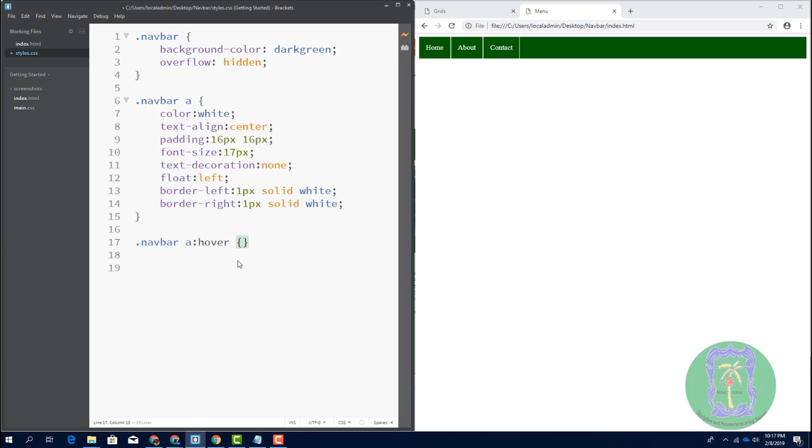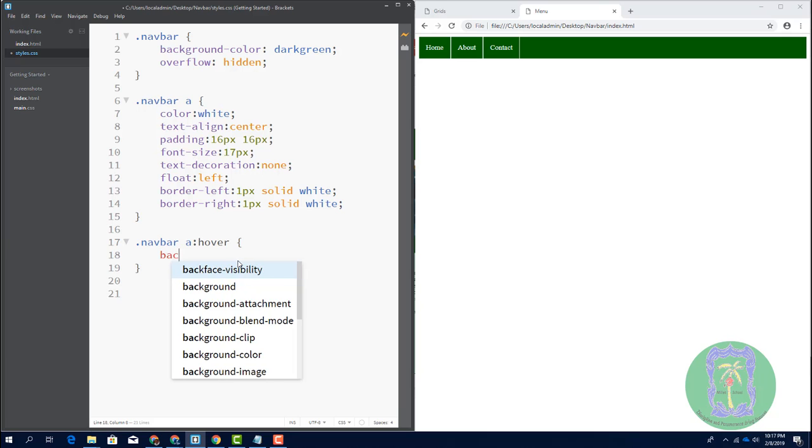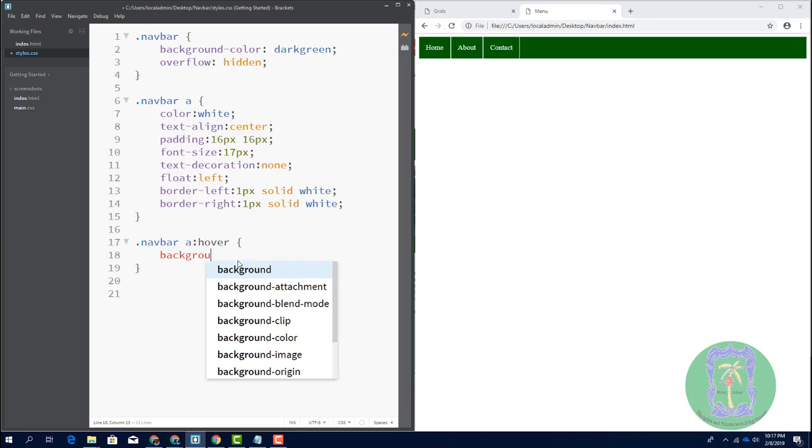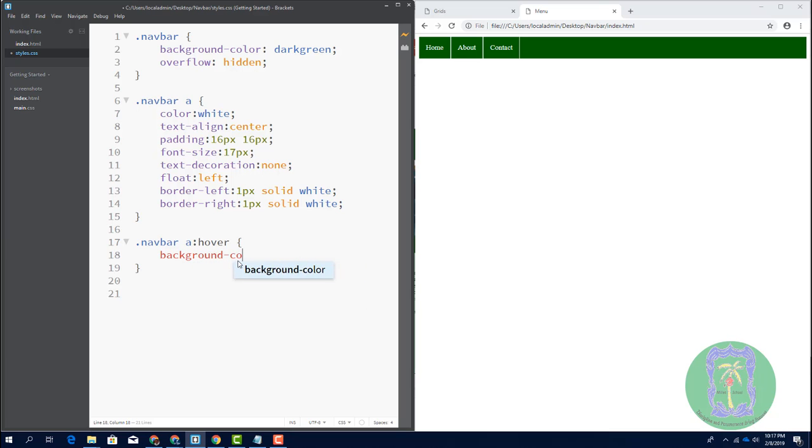And then our curly braces, and we're simply going to change the color of the tag based on the hover action. So we're going to just change the background color to, let's say, white when we hover. Does it work? Let's try it out. It does. Okay, but notice